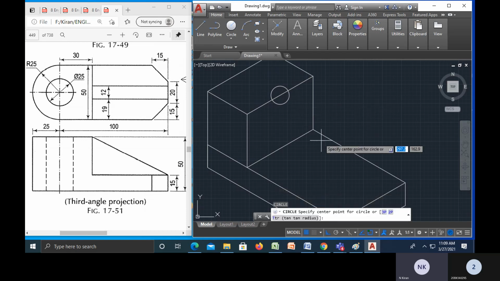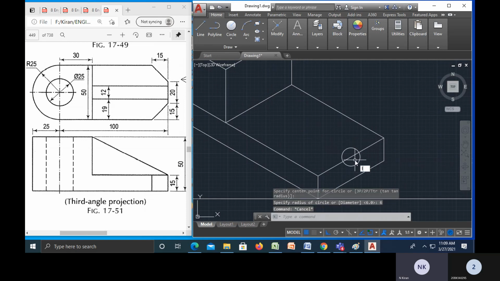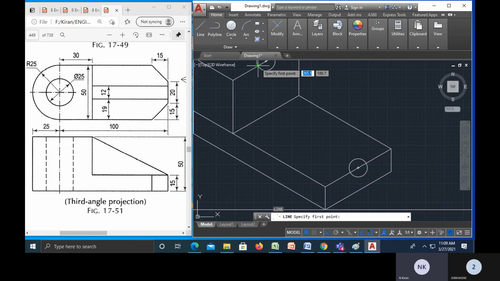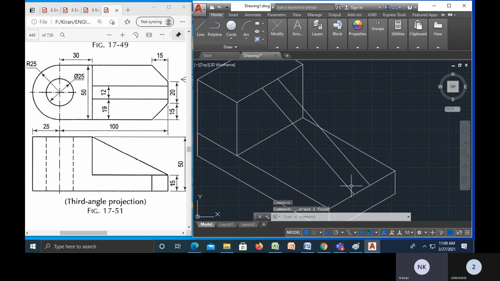Again C enter, at this midpoint I will take 6 mm. Okay, right. Now L enter, from this point I will take up to here. Okay, again L enter, from this point I will join up to here. Yes, I'll delete these circles for exact value.